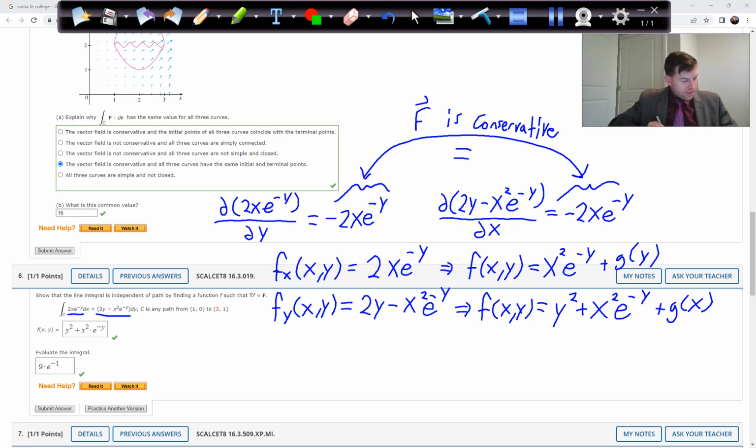And what we notice is that these two functions are very similar,